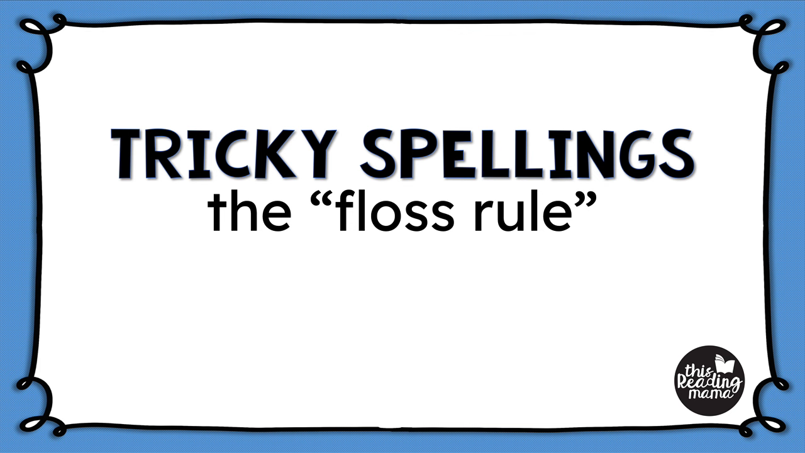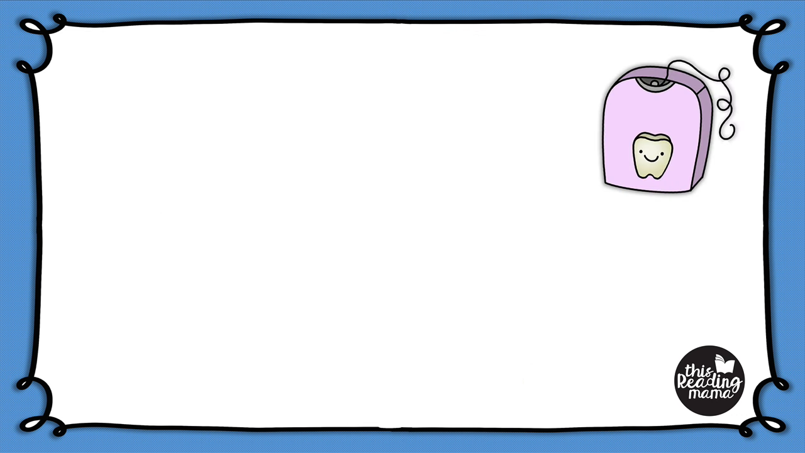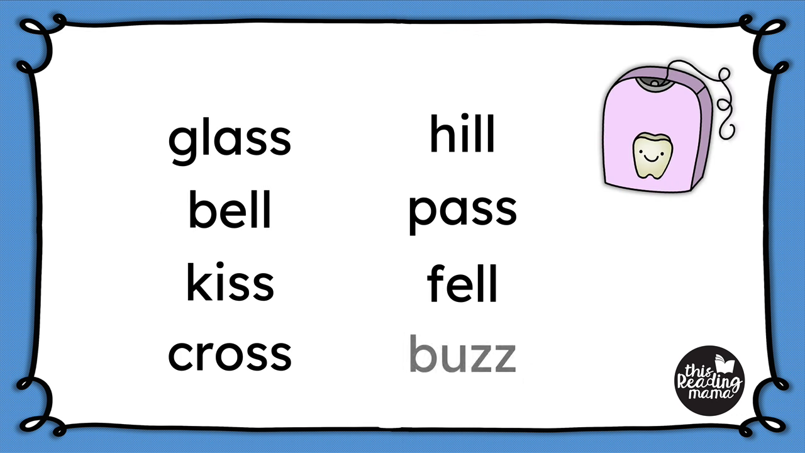This spelling generalization is called the floss rule because generally when F, L, and S are at the end of a short vowel word or a closed syllable, we generally double them. The same can also be said of the last sound of Z, but there are very few words that end with double Z. Now, this spelling generalization can be seen in words like glass, bell, kiss, cross, hill, pass, fell,